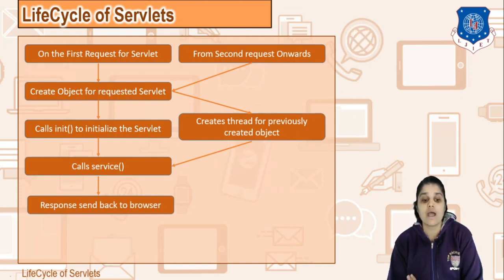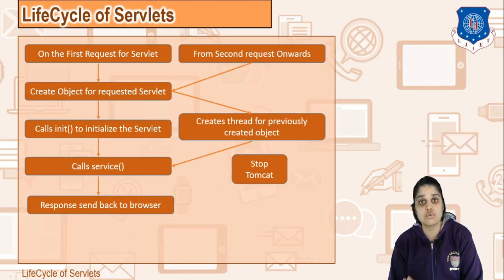Okay, now after this service method, your response is rendered back to the client. This process which I just demonstrated is for your generic servlet, which is a superclass of your HTTP servlet. If you want to implement this code for HTTP servlet, then there has to be one change. After the call for your service method, instead of sending the response back, the service method will indirectly call the